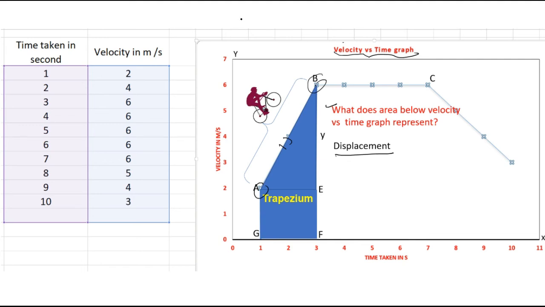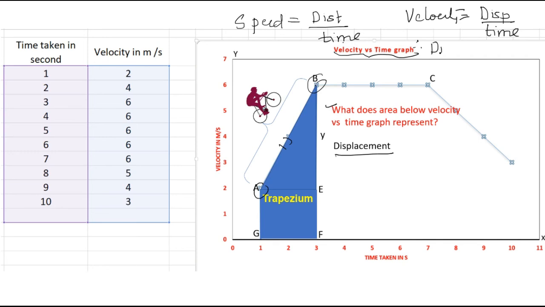We know that speed is equal to distance divided by time. So we can write for the velocity, so velocity will be equal to displacement by time. I will write in short, and therefore displacement is equal to, so cross multiplication, so what happens? Velocity into time, and this velocity is that average velocity. Remember, it is neither the initial velocity and final velocity. Now it is very easy to find out the average velocity.